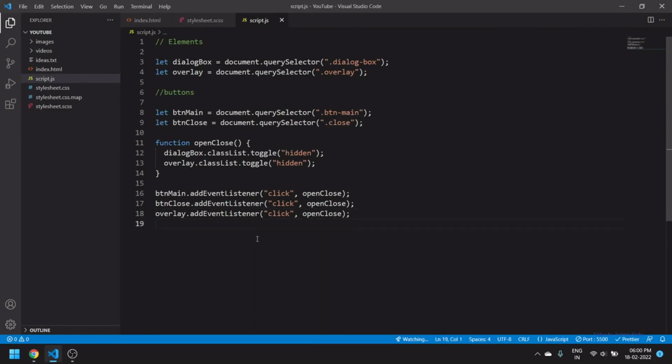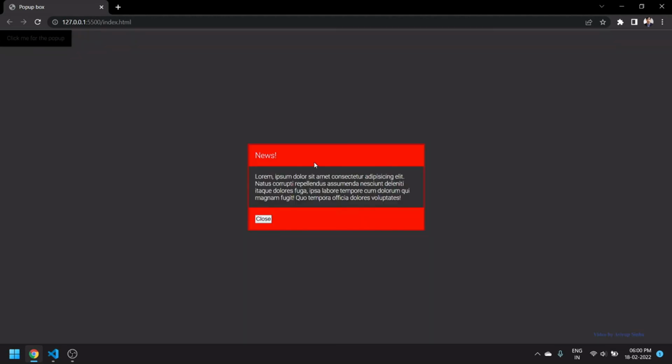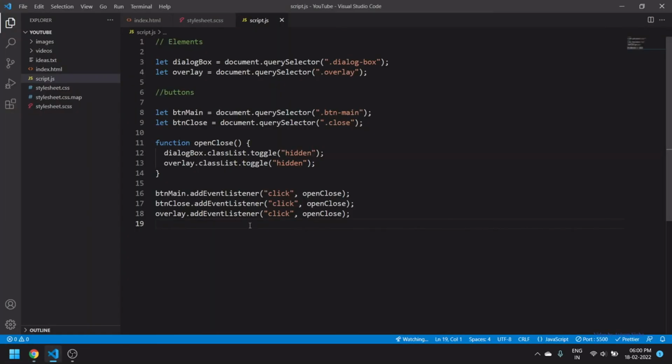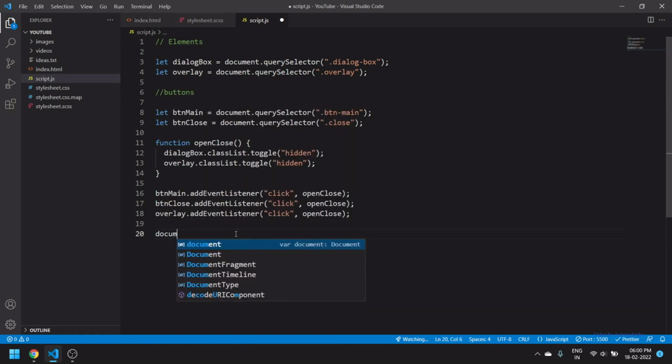Okay. Now, another thing is that whenever a person presses the escape button, the same function should happen. The pop-up should be closed. Okay. In order to do so, we need to check for the pressing of the escape button. How do we do that? First, we select